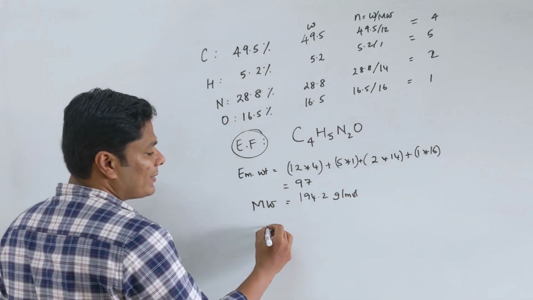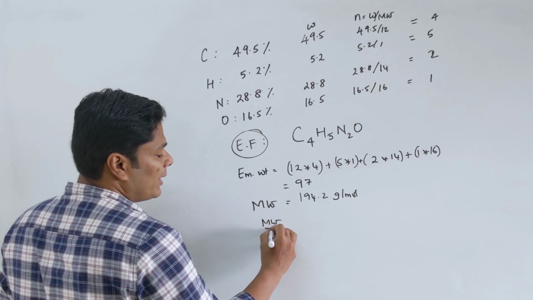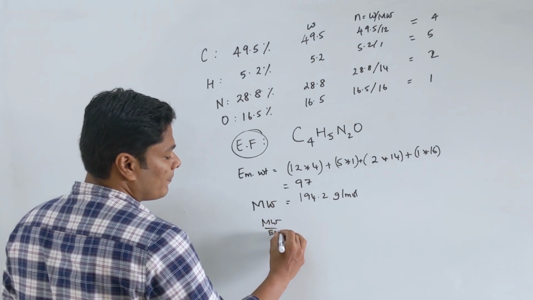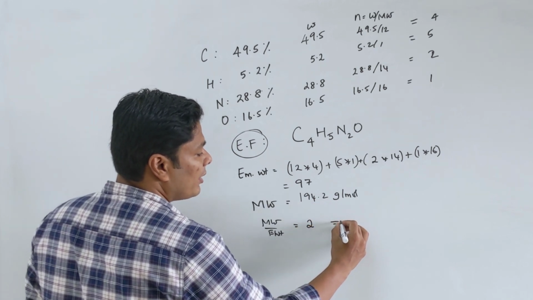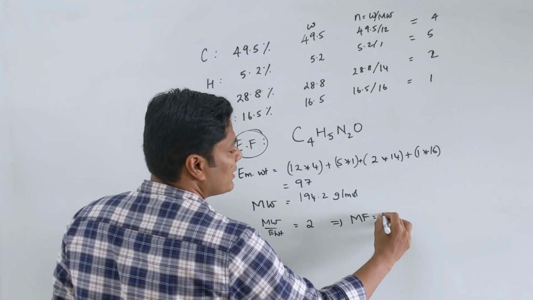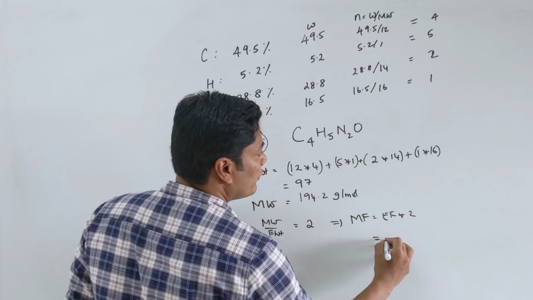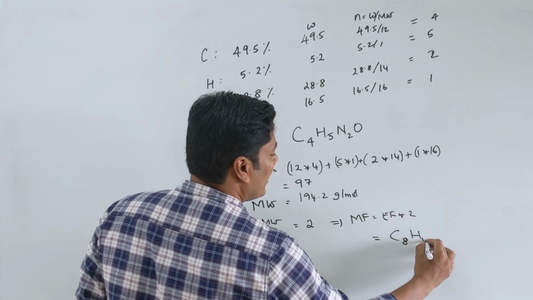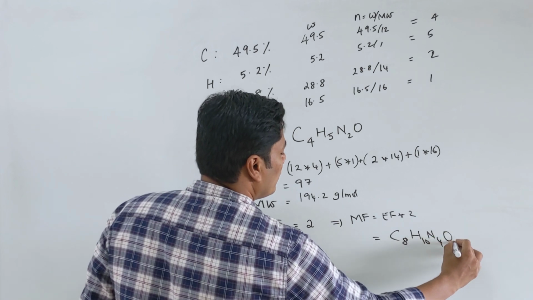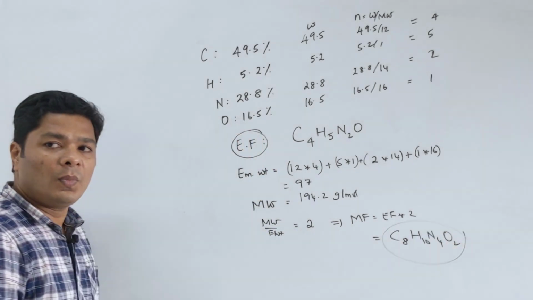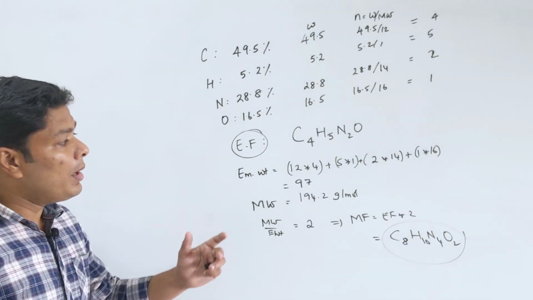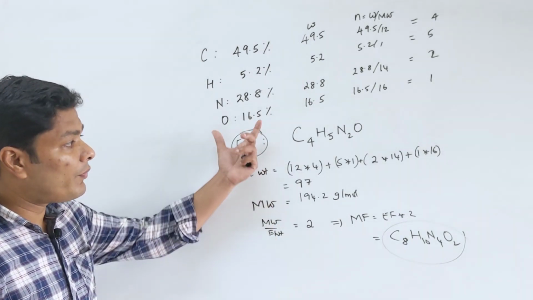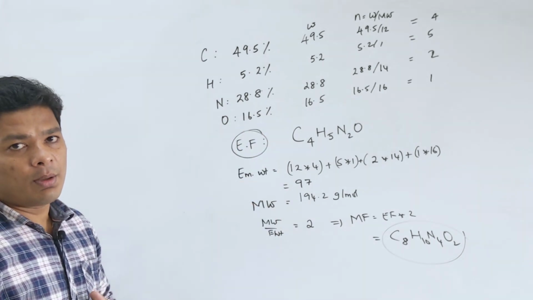So we can calculate the factor, molecular mass divided by empirical mass, which is roughly 2. That tells me the molecular formula is the empirical formula times 2. So we have C8H10N4O2, which is caffeine. Okay, this is how we do the problem. The way I set it up that day may be different, the pattern keeps changing, but the fundamentals are the same. Only how you set it up changes.